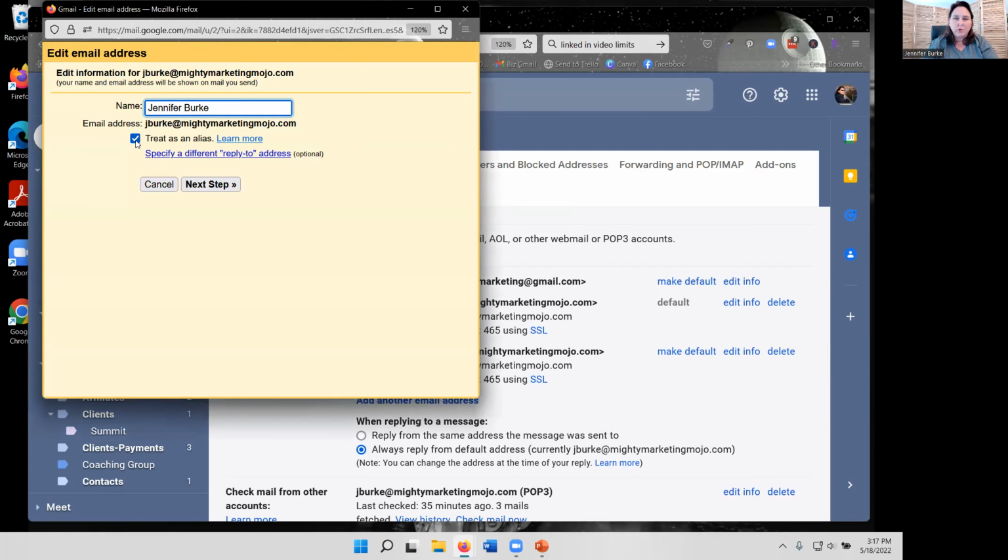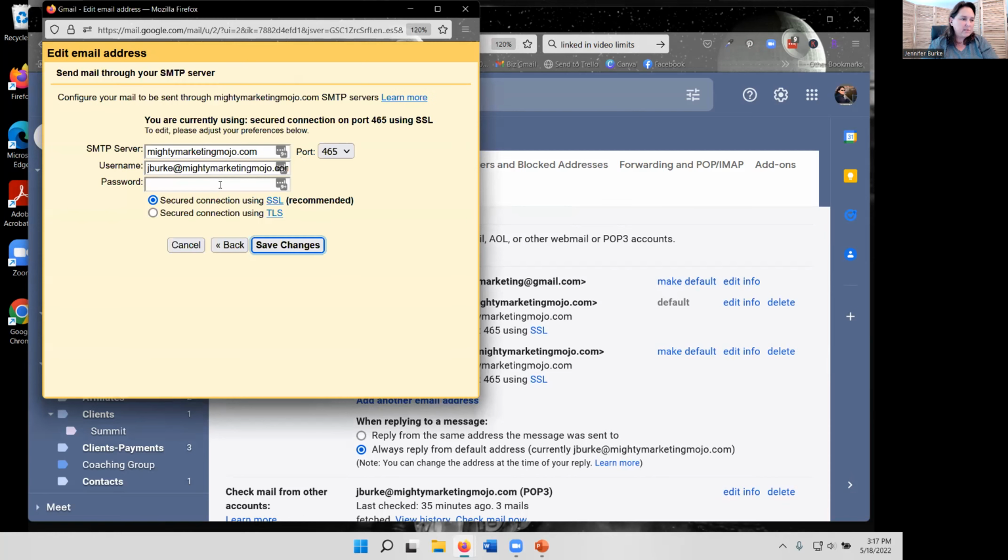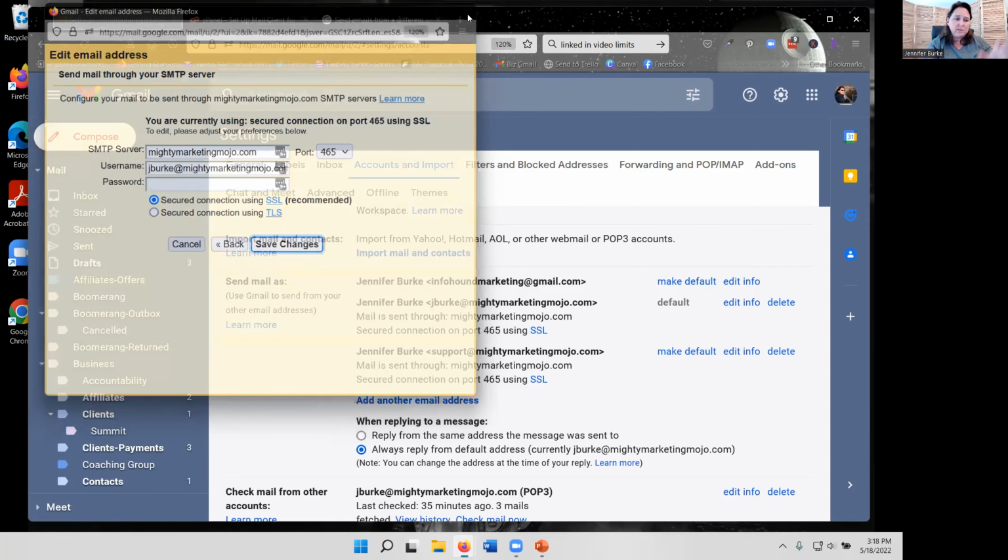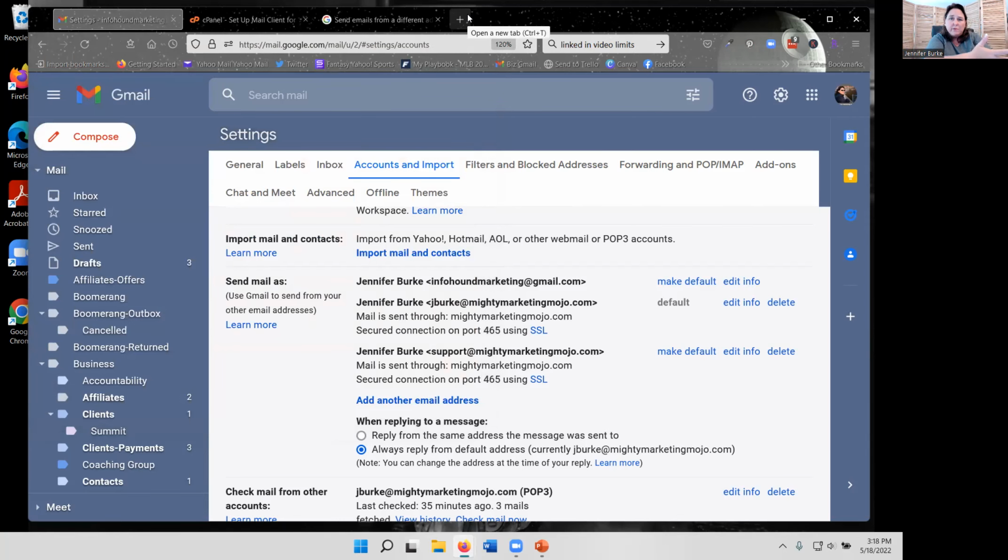And I've said, treat this as an alias. Yes, you can follow the next steps. There's the ports. That information is from your domain. Basically there's one port that says send emails out. That's the port number. It's leaving your web host. This is another one coming. Whoop, there they're coming. There's the other port for sending and receiving. So when this is all set and I save changes, all of my emails from mightymarketingmojo.com run through as an alias